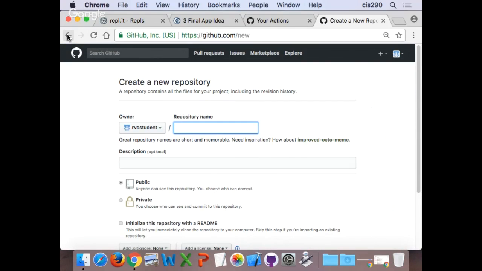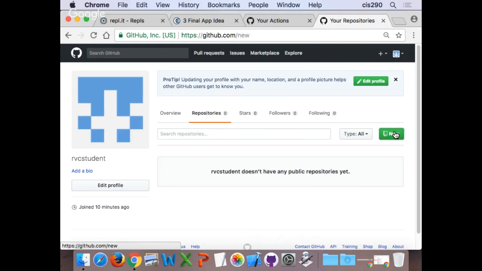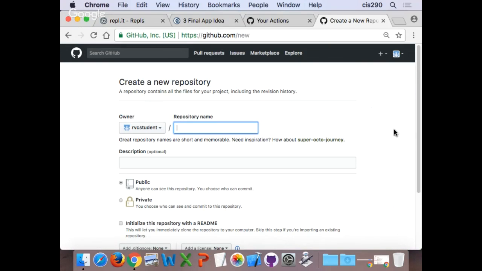All right, you know you're verified whenever you can click the new button and you see this screen here after you click the new button. You're able to see create new repository. For the repository name, for this one, we're just going to do final app. It should be available because it's your first repository. Make sure yours looks like mine. It's public. Final app is the name, all lowercase.